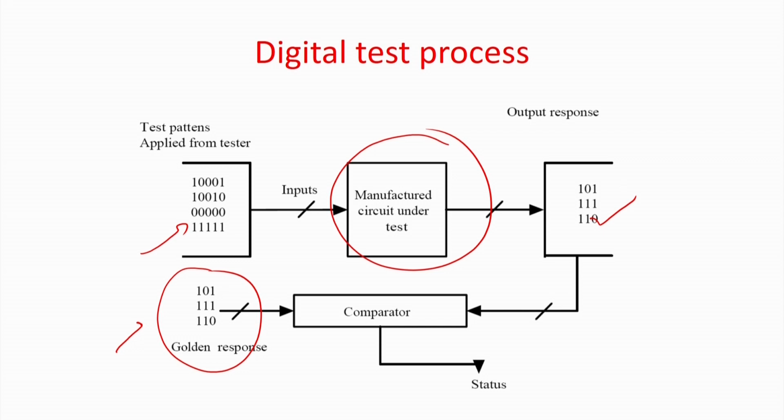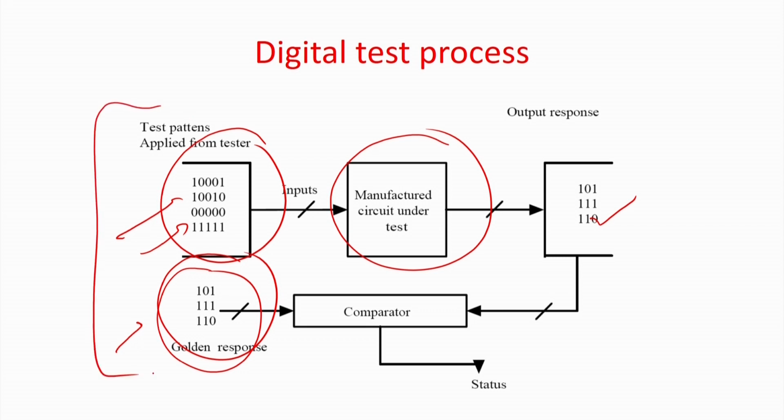Now, this is the physical testing process, but today we are going to mainly look at this other part. That is, how do you decide what test patterns to apply and how do you find out the golden responses, so that you have a test plan in the picture before the device is fabricated. Once the device goes for fabrication, you have some amount of time. In that time, or even concurrently with the design process, you have to find out such sets. This is called test pattern generation, and if you are doing it automatically, we call it automatic test pattern generation.